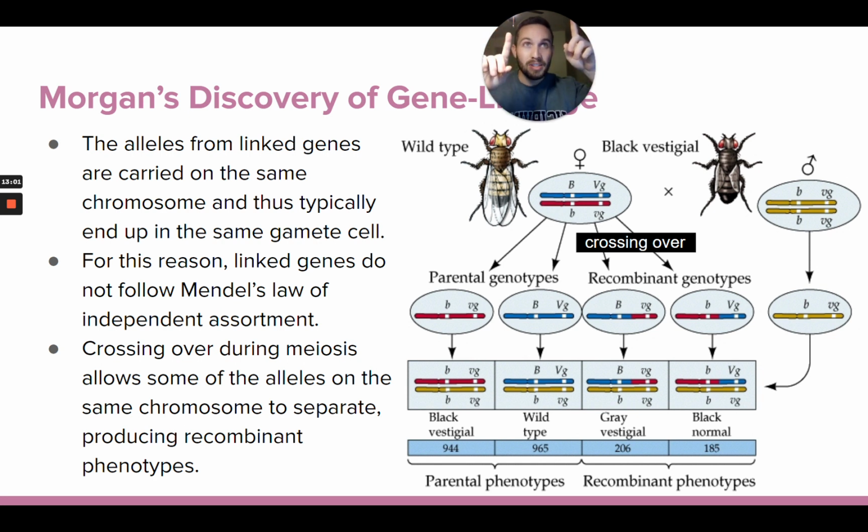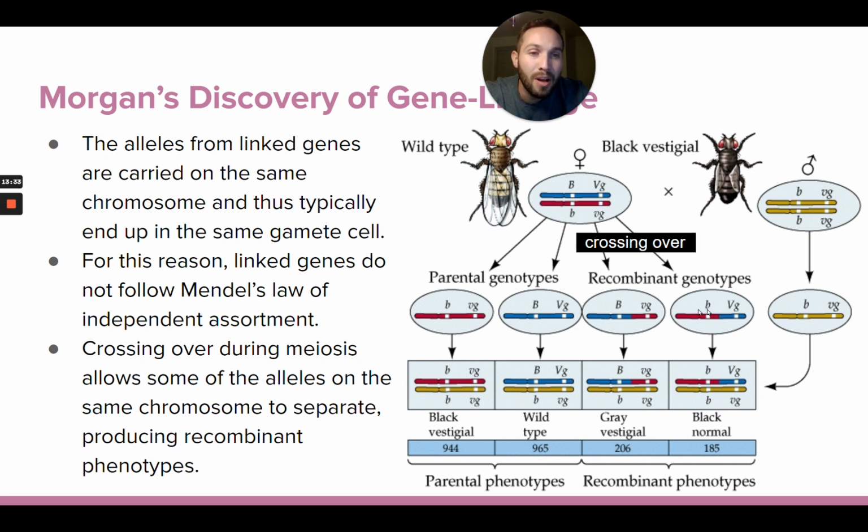And that is going to allow the opportunity for some of these alleles to switch spots. So you could end up with this dominant allele being recombined with this recessive allele if there's crossing over that takes place during meiosis between them. You can end up with a new combination of DNA on this chromosome that puts these two alleles together and those two alleles together. But that's going to rely on crossing over happening in a specific way, which is going